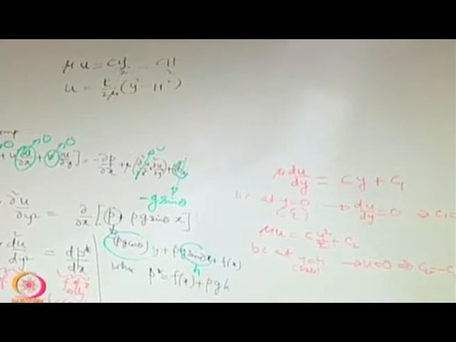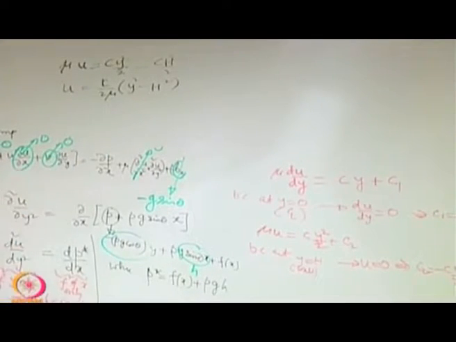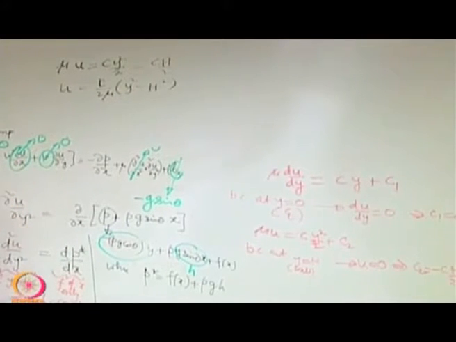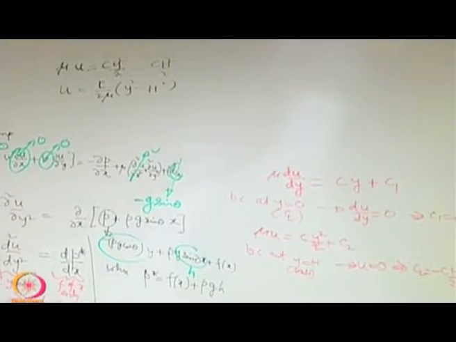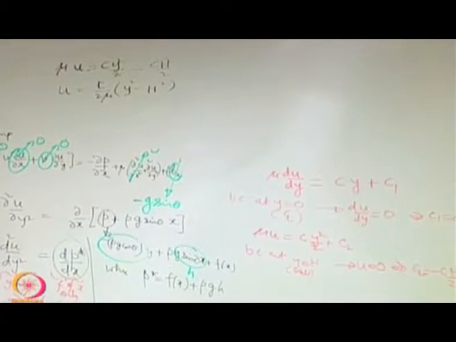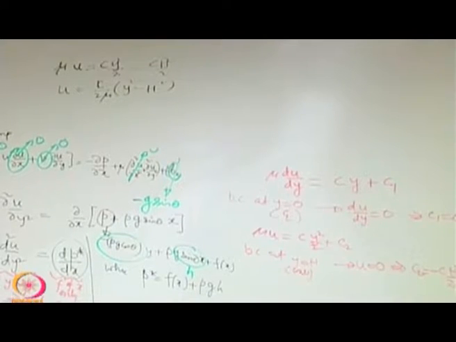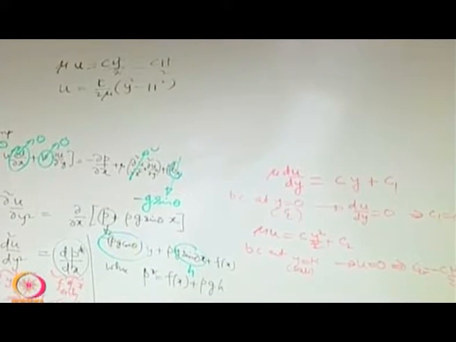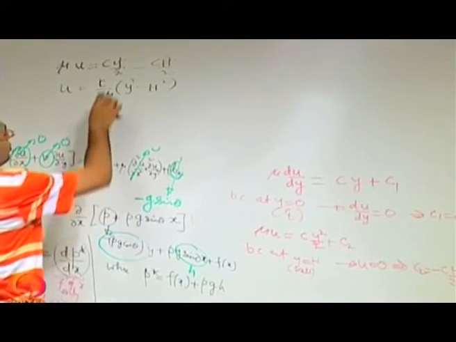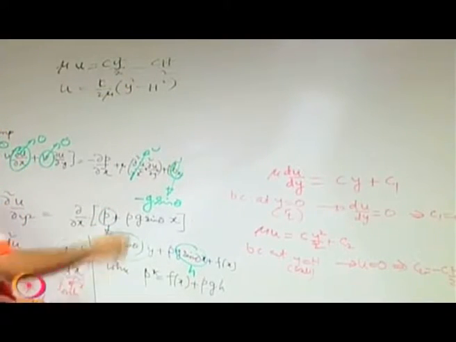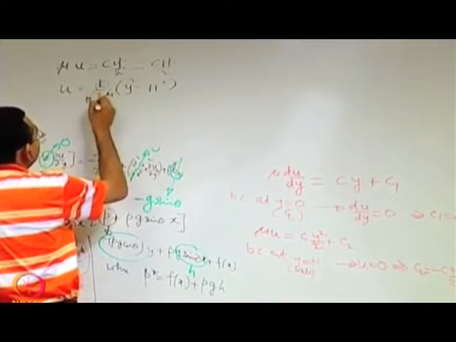The other important thing is y square minus h square is always less than or equal to 0, because your maximum value of y is h, but you are having u along the positive x direction. That means c must be negative, and that is what we have seen, that you must have a negative gradient of the piezometric pressure. It should be from higher piezometric pressure to lower piezometric pressure, and so this dp star dx which is equal to c is negative. So you know it in terms of the pressure gradient, and so this c is equal to dp star dx.